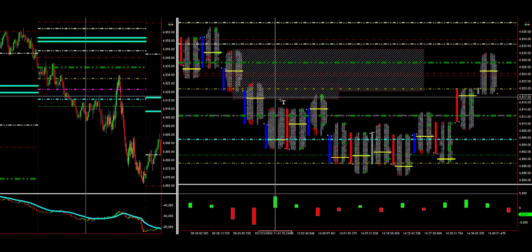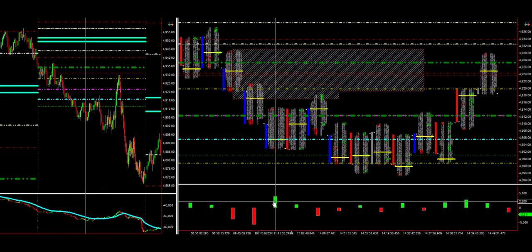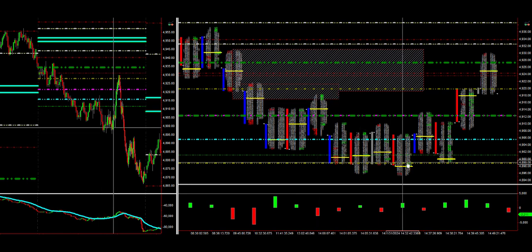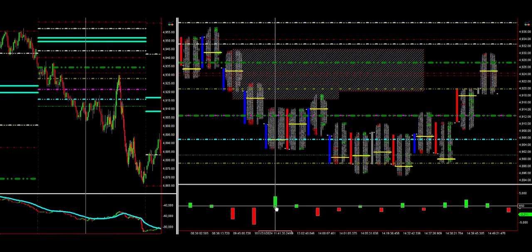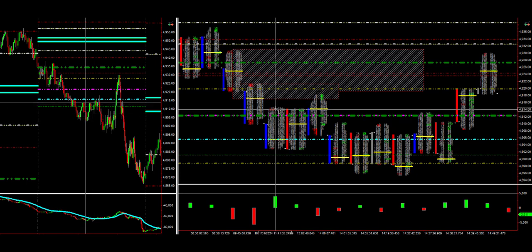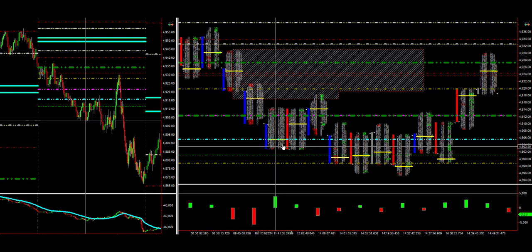Now we have to keep track of buyers and sellers all the time. So this could be a buyer who's going to push all the way to the top. A seller will push all the way to the bottom. So if this is real, he will hold it and defend it. But it was, so the pattern was correct. We had delta, we had